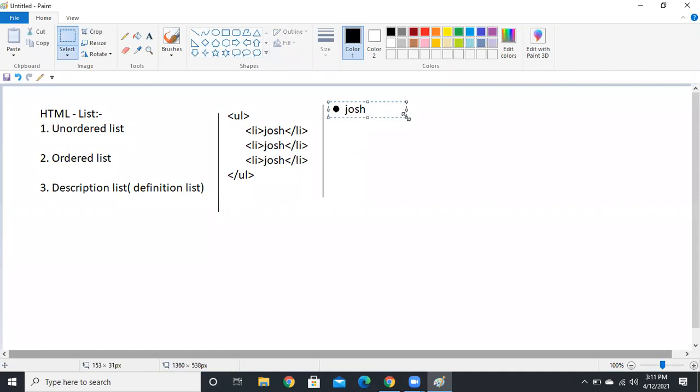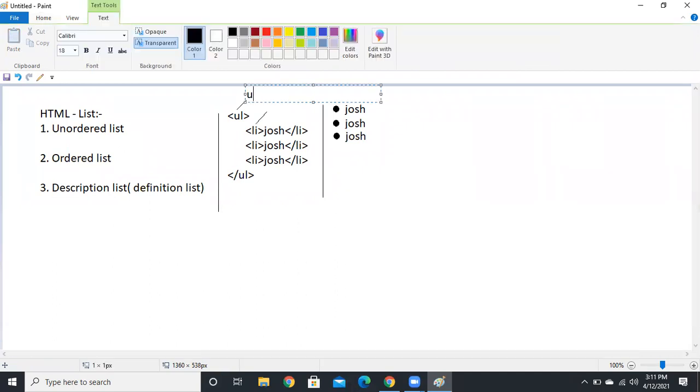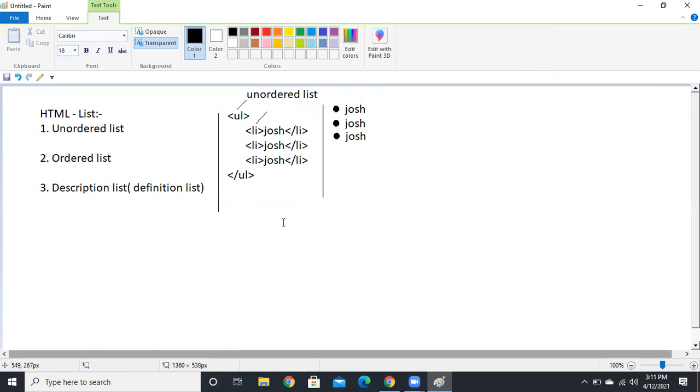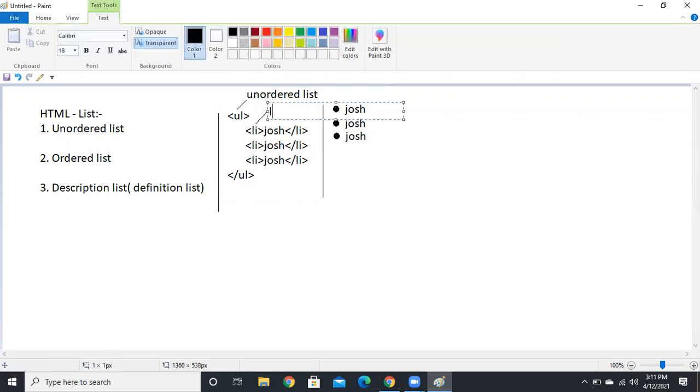UL for unordered list, and LI for list items.